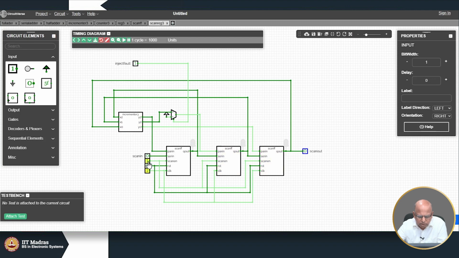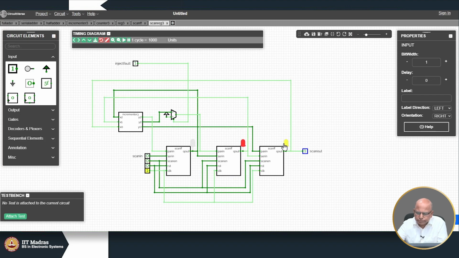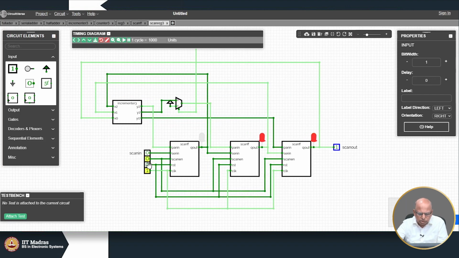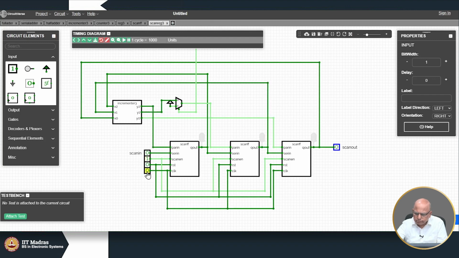So, how do you capture? I should send scan enable to 0 and I should clock it. See, I got 0 1 1. It produces a wrong output. Then I can enable this scan again and I will see what comes out. I can do that by clocking. So, I got 1 1 0 when I shift it out,